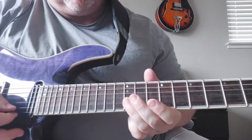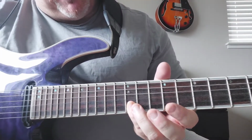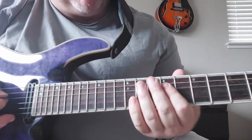So it's like just hitting on the 12th fret, the double dots usually on your guitar, right? You're going to do B and G. I usually leave this hand here because you're already...